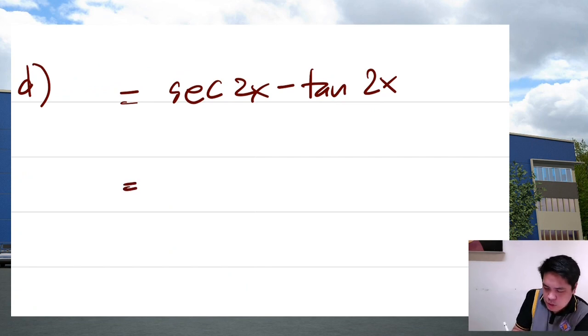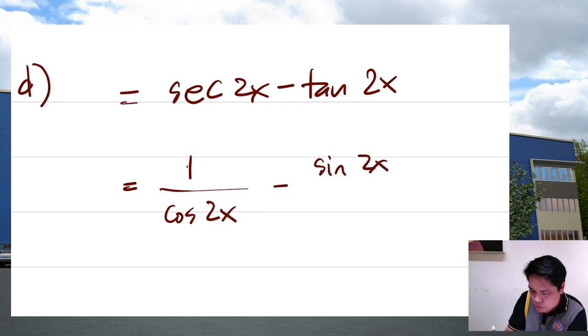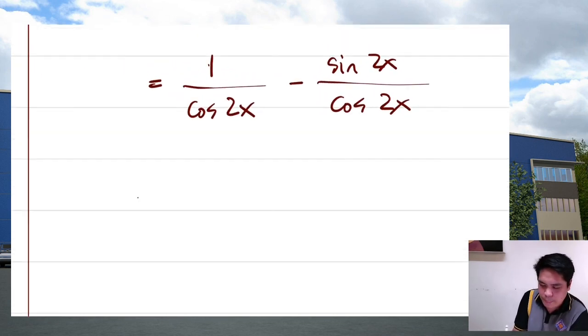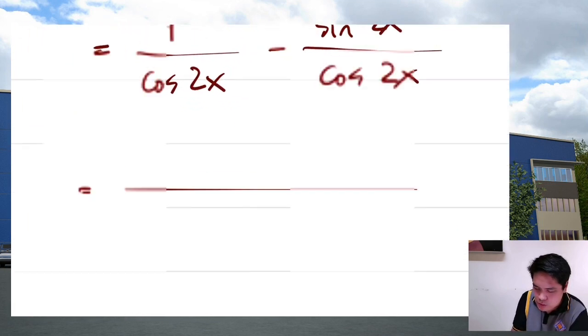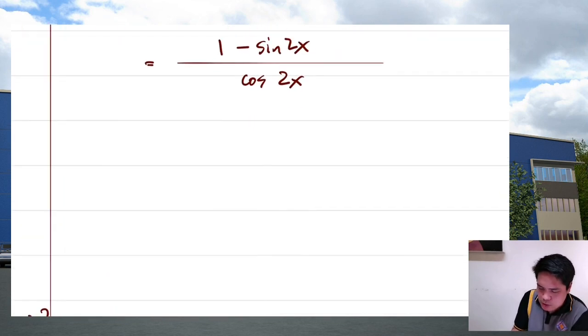So that would be equal to, secant is 1 over cosine 2x minus tangent, which is sine 2x over cosine 2x. Ganun. So, the same yung ano nila. They have the same denominator. So, just combine the numerator: 1 minus sine 2x over cosine 2x. Then, if you recall,